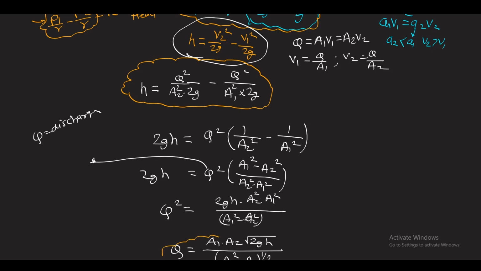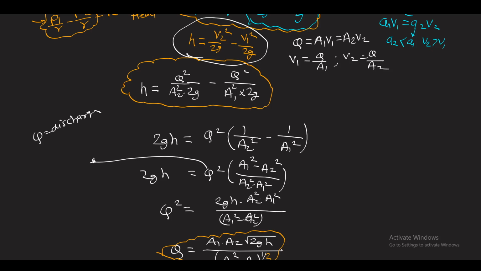For the venturimeter, in order to obtain the rate of flow or the discharge. So there are different parameters in the venturimeter. Here we discussed the convergent cone, divergent cone, throat portion, and the length of the throat portion. Then we have also discussed that the diameter of the throat should not be so small that cavitation may occur in that case. So these are the different things we have discussed in the venturimeter.